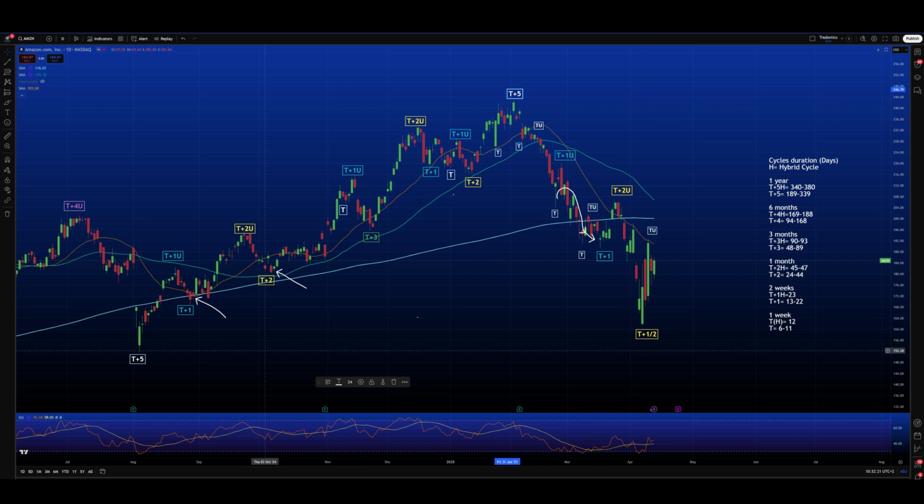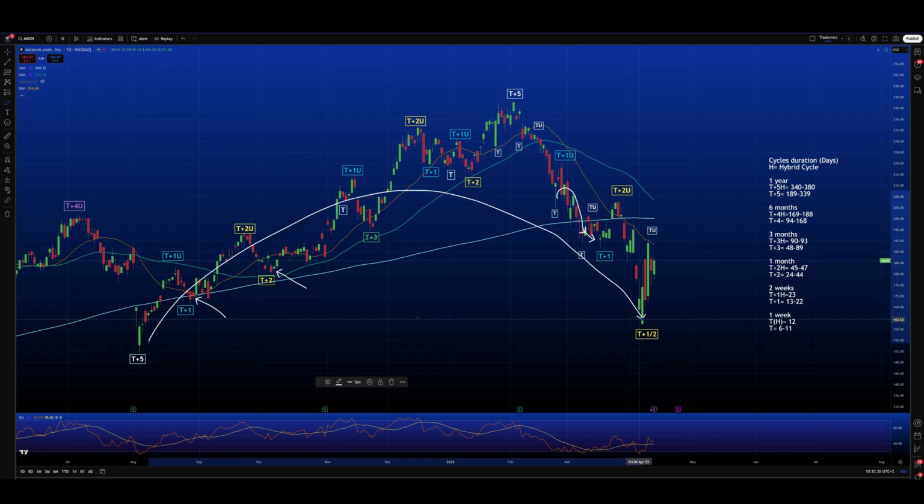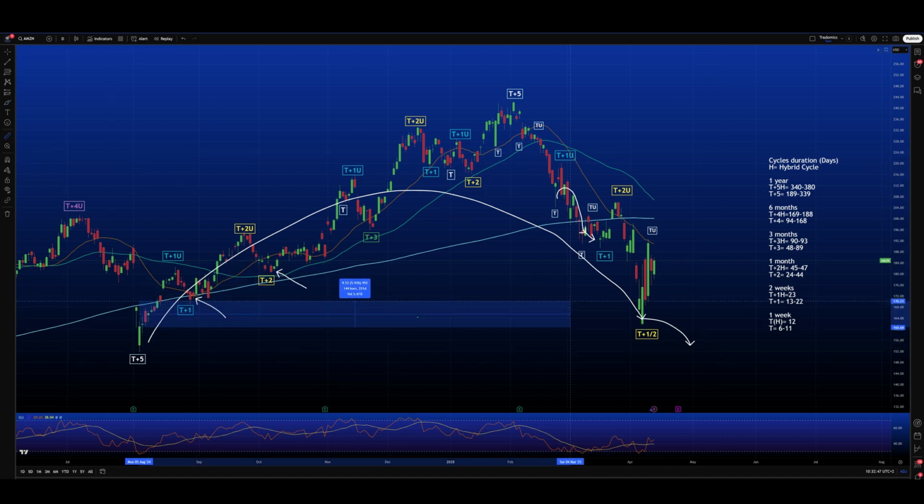This means that this yearly cycle has not turned into a negative one. Because if we wanted to turn this cycle into a negative, we have to see that the price goes lower compared to the low from which the cycle started. And if we wanted to continue going down, this condition needs to happen before the minimum duration of the completion of the cycle. In this case, it's 167 bars. So we are far away from the minimum duration of a T plus 5.